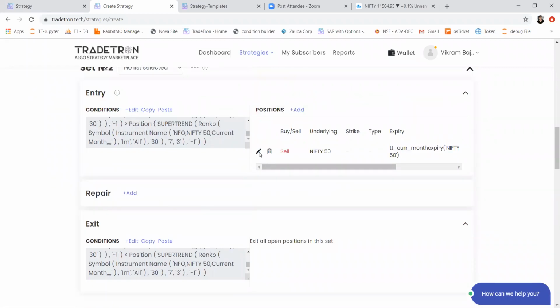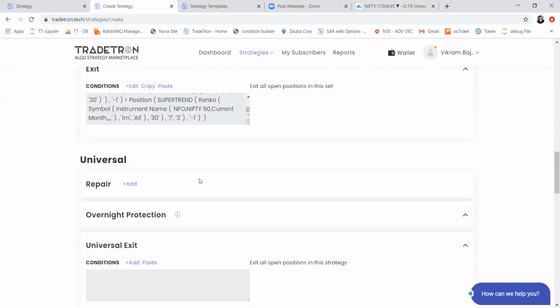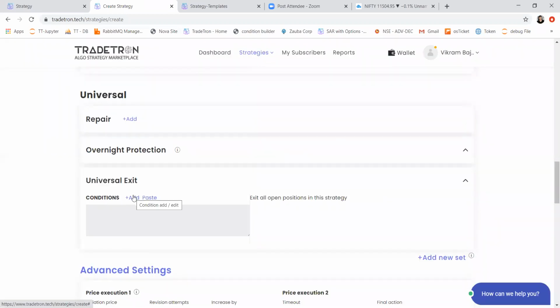Now we have used NRML type, and it's a positional strategy because we have not selected MIS positions and we have not written any condition to exit on the same day.